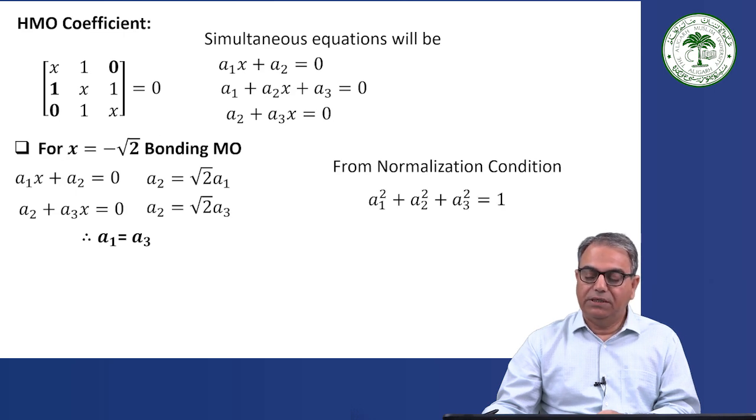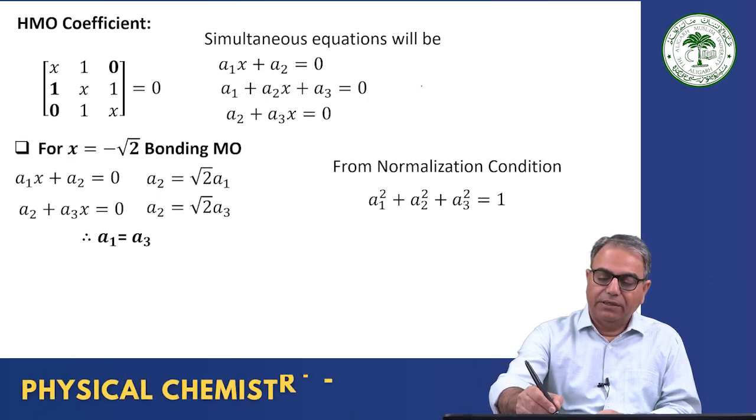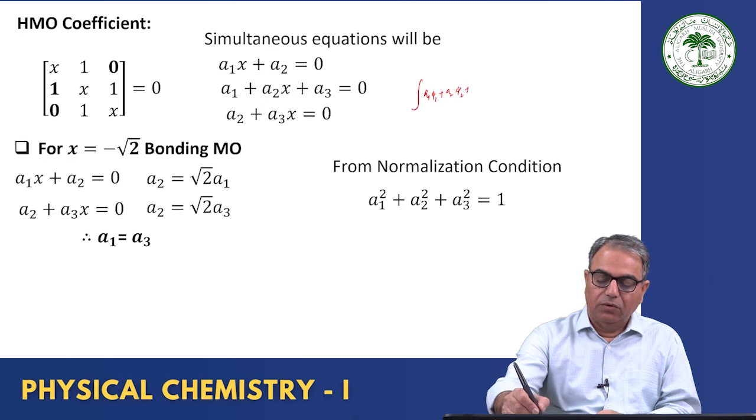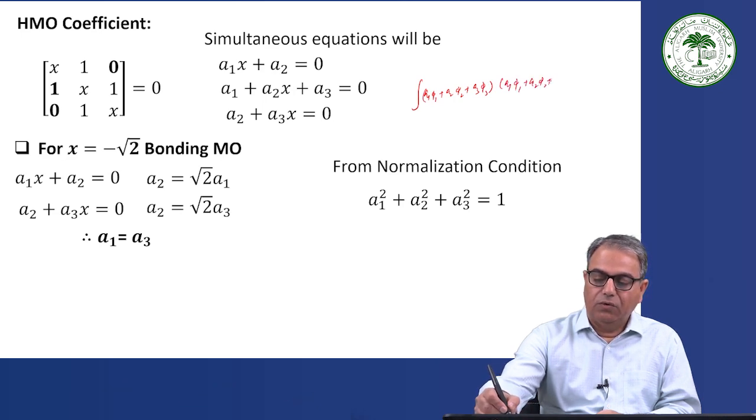Again, from the normalization condition, what do you get? You will get this exactly in the same way as you got for the ethylene molecule in the previous module. So here also you can get A1 square plus A2 square plus A3 square is equal to 1. If you want, you can write the normalization condition, which will be A1 phi 1 plus A2 phi 2 plus A3 phi 3 multiplied by again A1 phi 1 plus A2 phi 2 plus A3 phi 3